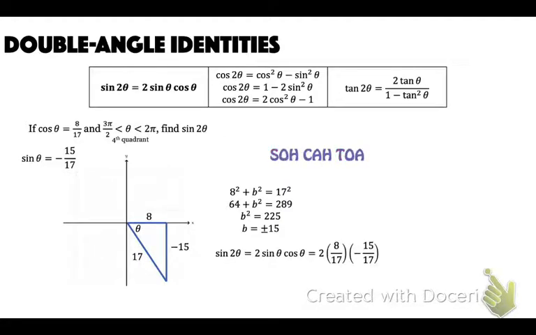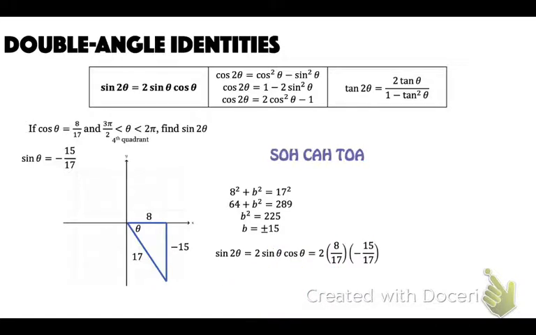I flipped those. Sorry, guys. I hope that didn't confuse your brains. This right here I accidentally put there and this there. It doesn't matter because they're commutative, but I put cosine first, so 8 over 17 times negative 15 over 17. So if you were to write it right here, it'd be 2 times negative 15 over 17 times 8 over 17. I think you get that, but I'm sure I confused a couple. Anyways, okay, so